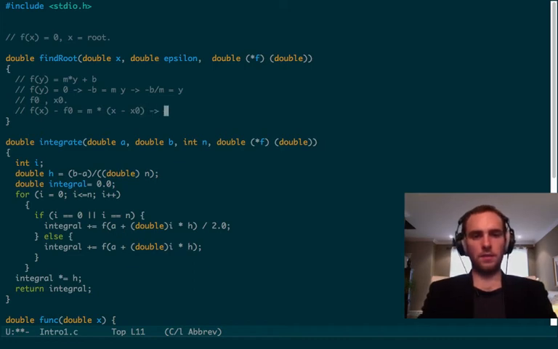That's the same as saying that the slope is the change in the function when you change the variable, right? So we need to find